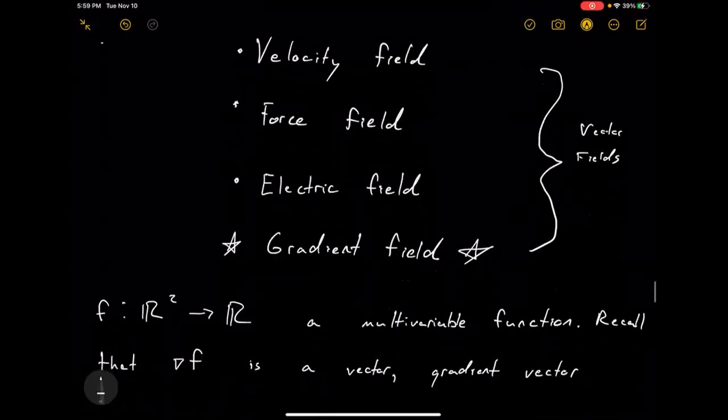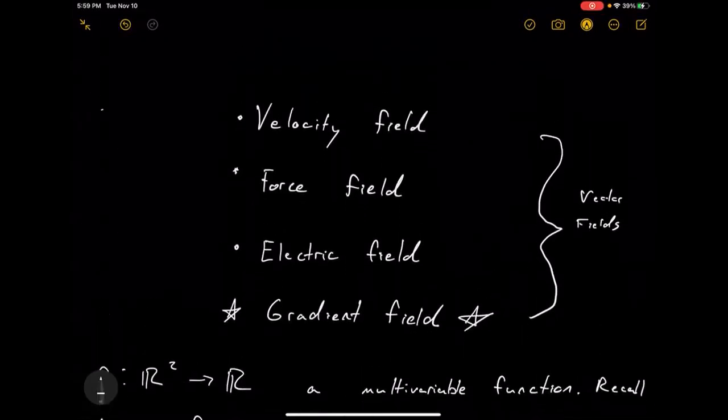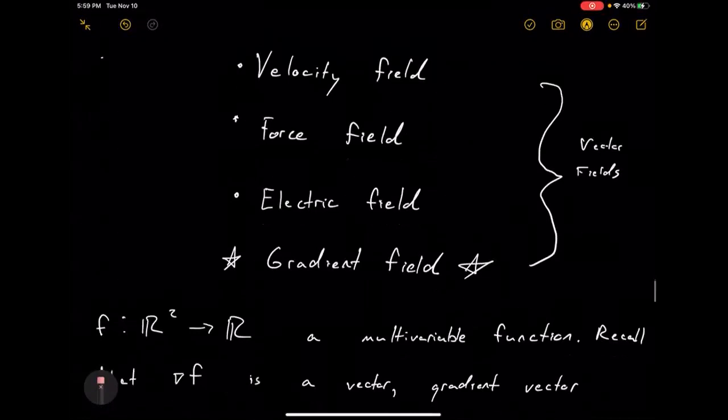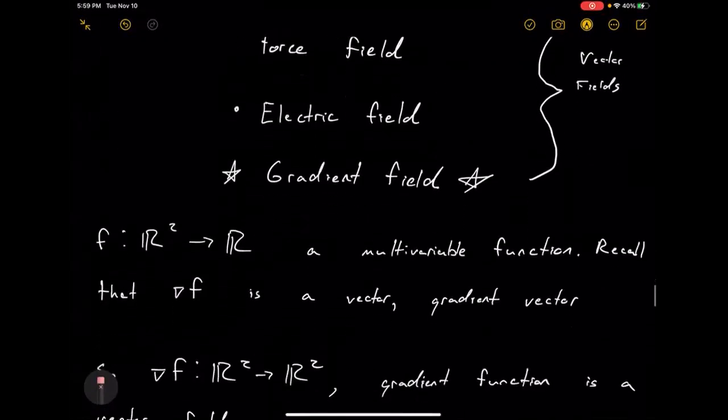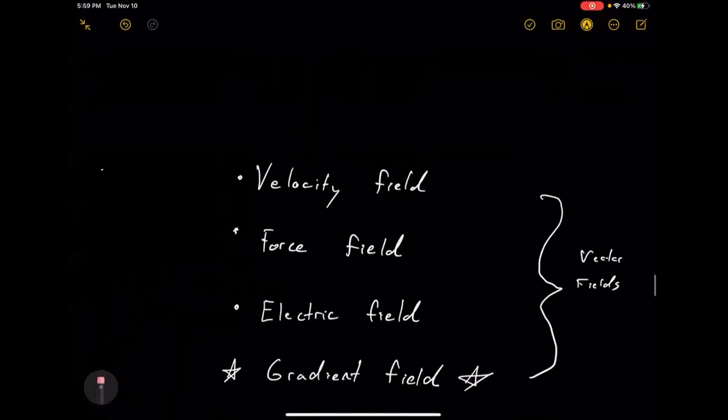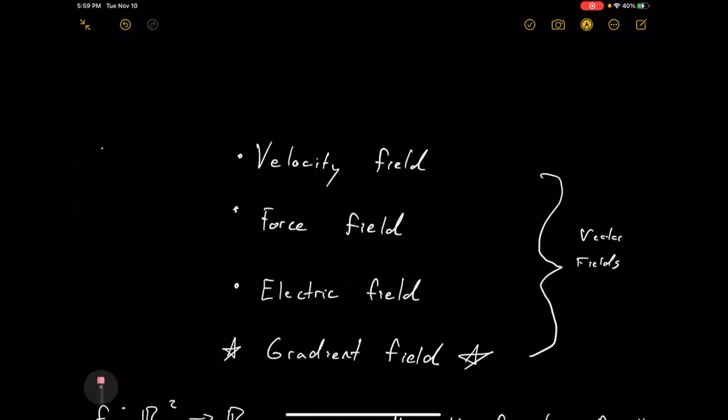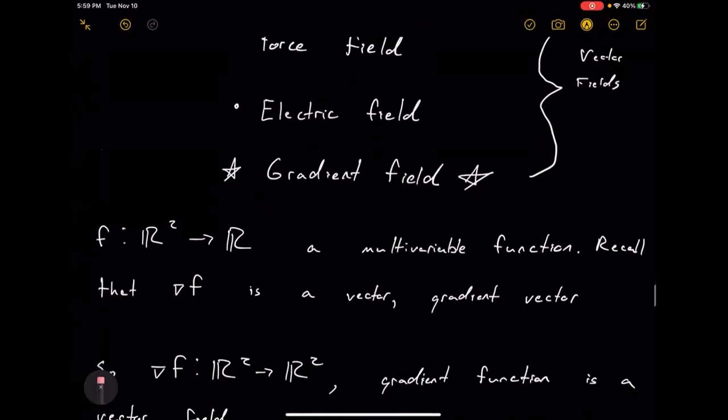The other examples, we use these vector fields when describing things like force at a point or electric charge at a point, etc. These are interesting examples from physics, and if you are partial to physics, I would check out these examples in the book. There's nothing new mathematically here. Maybe they give some formulas for physical laws, but there are no new techniques here. It's just specific examples. The one type of vector field that I think stands out, and that's going to be important from a mathematical standpoint, is called